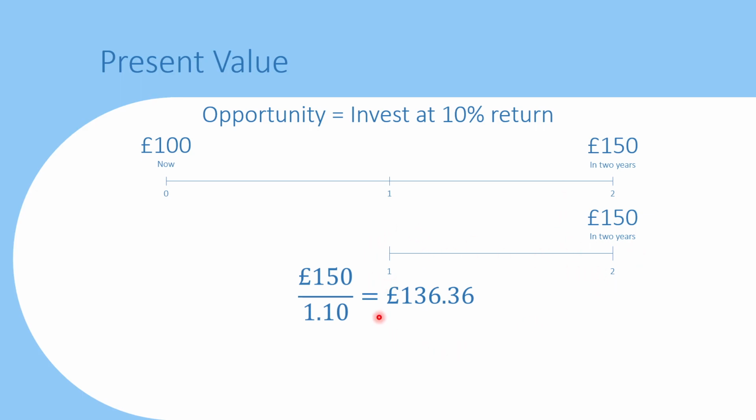So moving it back by 1 year, from year 2 to year 1. And we know how to do that. We take that 150 and we divide it by 1 plus r. R in this case is 10%. And that gives us